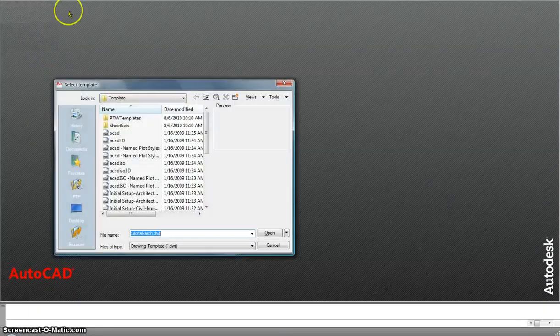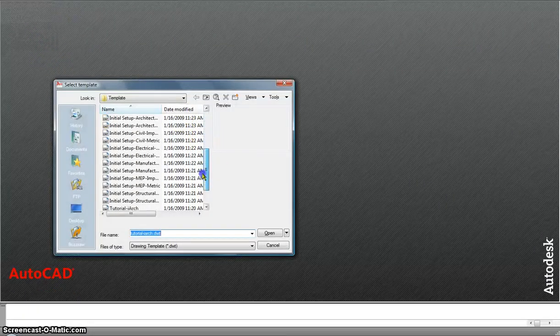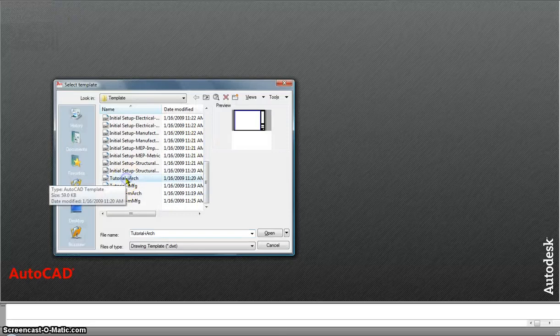Hi, so the topic for this class is paper space and model space. So how we manage paper space and model space and how we work with it. So I'm going to open a new file. The new file I'm using as tutorial iArch. Hit open,